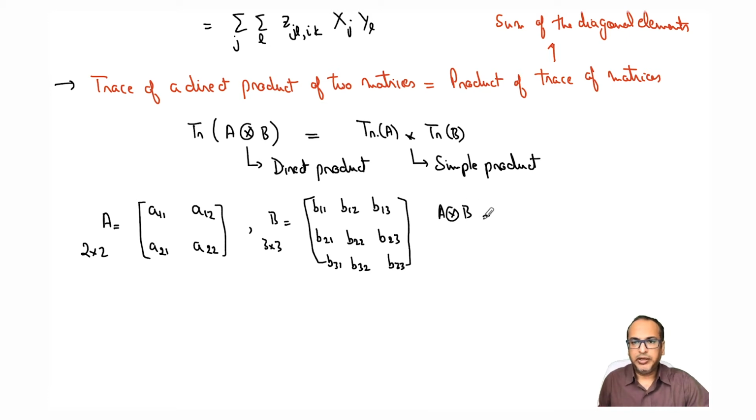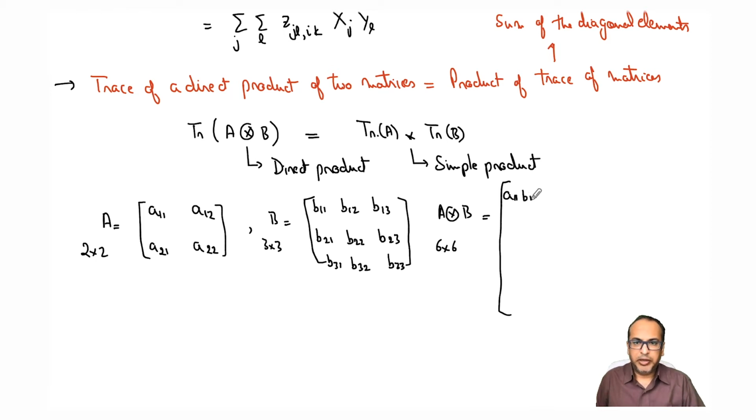product B. Now if this is 2 cross 2, and this is 3 cross 3, what we will end up with is a 6 cross 6 matrix. Okay, so that means each of these elements will be multiplied by each of these elements. Okay, now that gives you